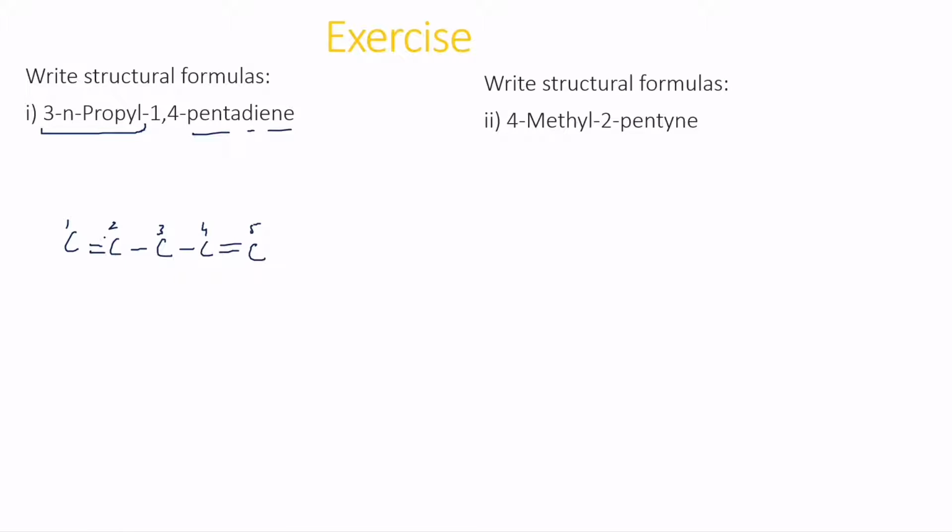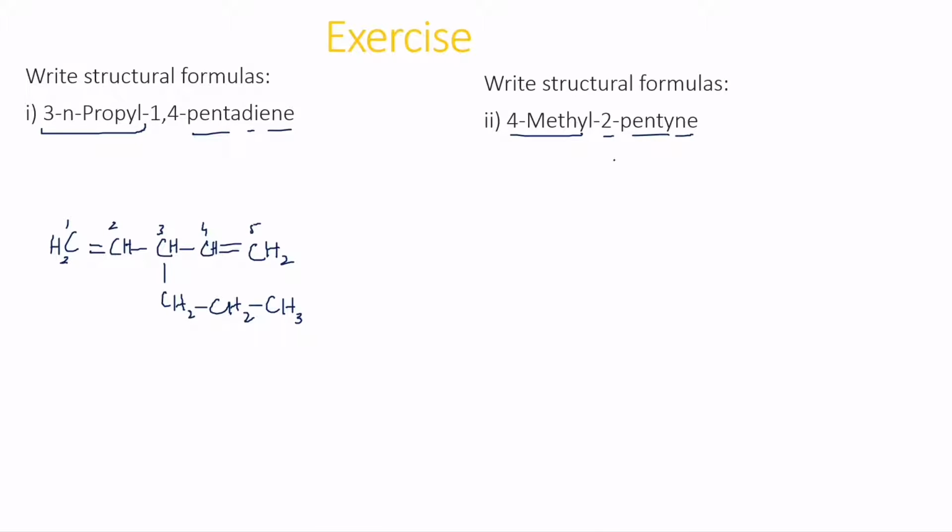And with carbon number 3 we have an n-propyl group, that means CH2, CH2 and CH3 group attached to it. We just now have to write the number of hydrogens so as to satisfy the valency of carbons, like this. Okay, in the second one it is 4-methyl, which is the substituent,